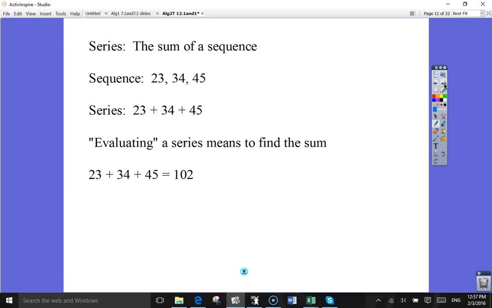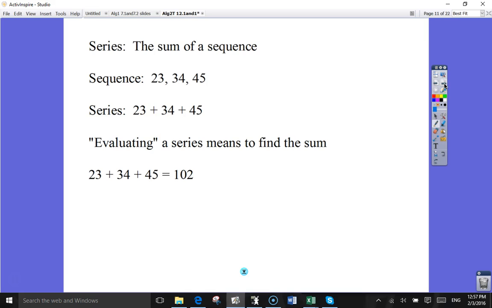Now we get to the what is a series part. A series is the sum of a sequence. Right? The sequence 23, 34, 45, if I replace all those commas with plus signs, that's a series. We're going to add them up. Right? And if the question is, here's a sequence, write the series, what they mean is, show this sum, right? If they say evaluate the series, that means actually add them up,